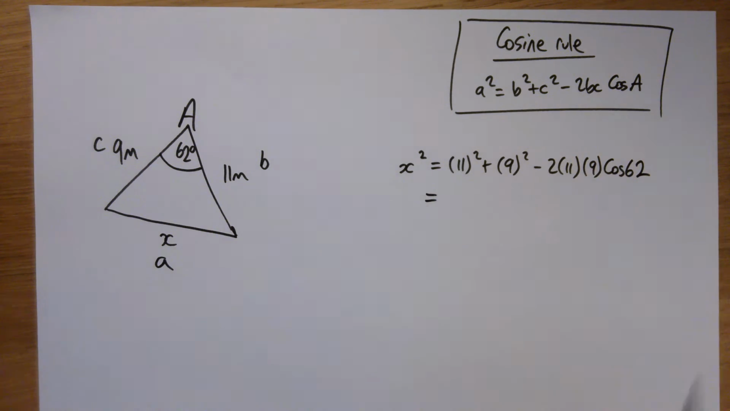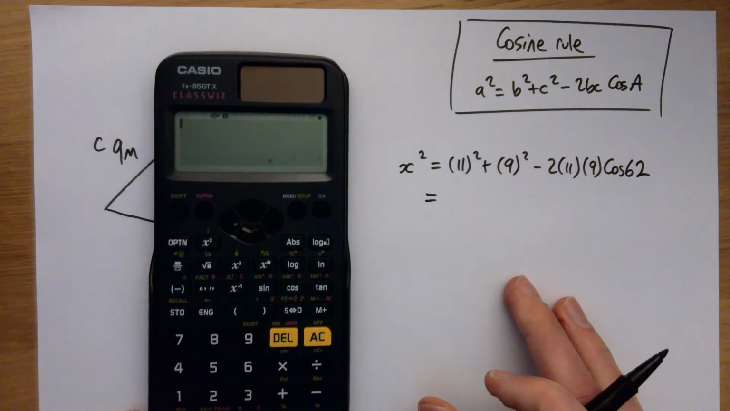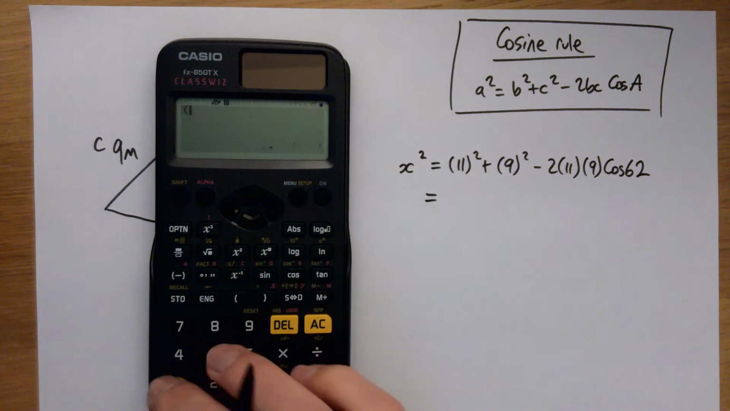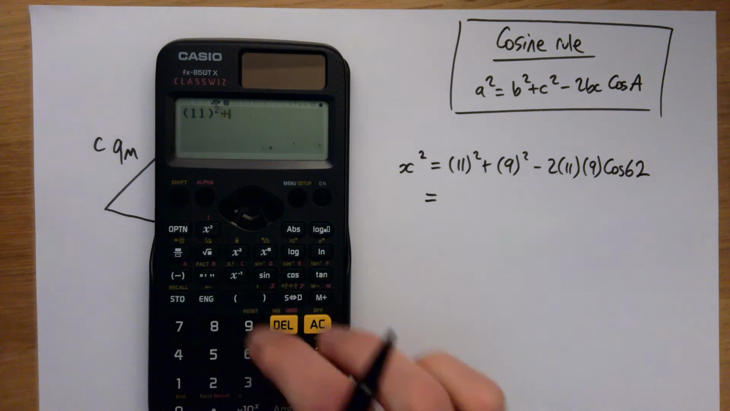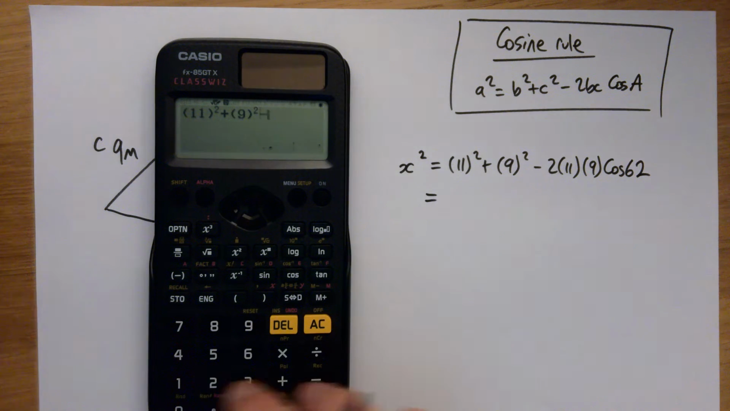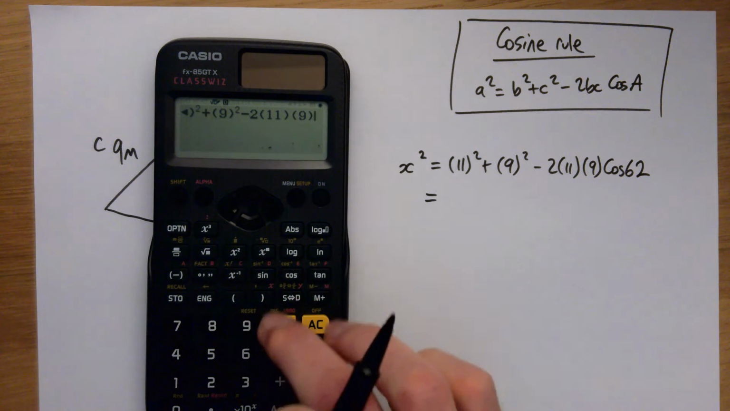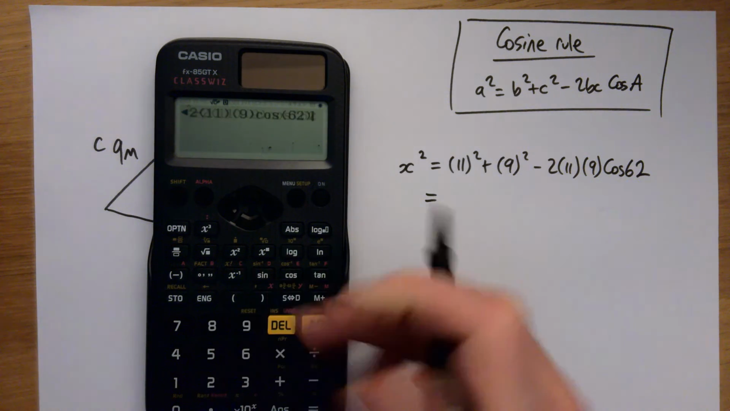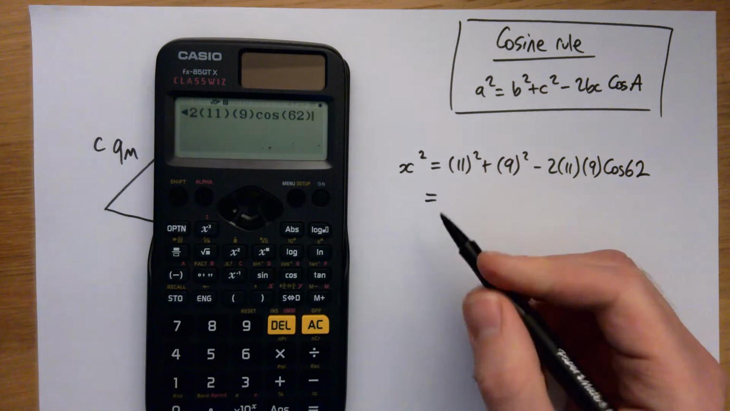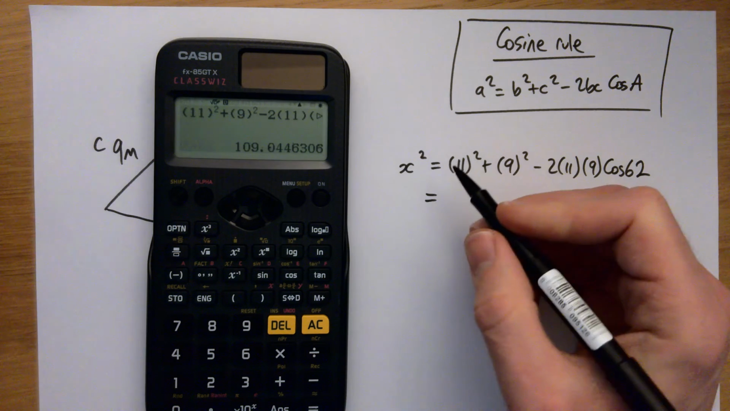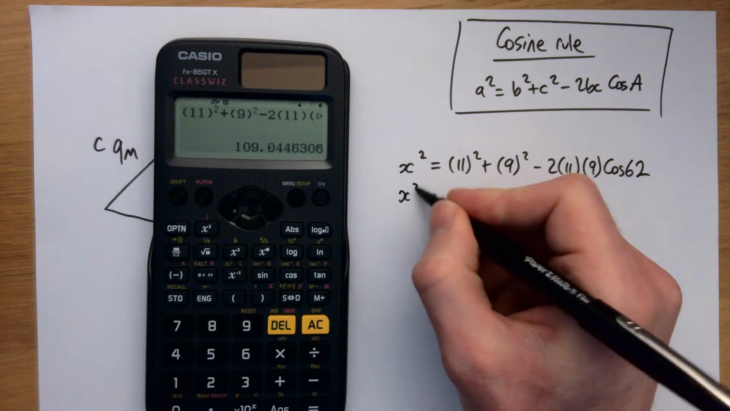Now type that into your calculator exactly as I've written it here. So we've got 11 squared plus 9 squared minus 2 lots of 11 times 9 cos 62. Remembering to close the brackets whenever you press sine, cos or tan. If I press equals, that gives me an answer of x squared equals